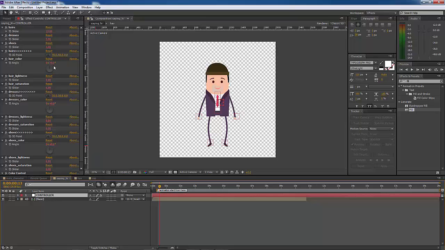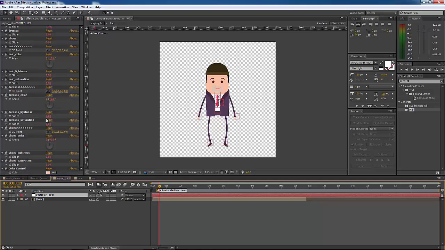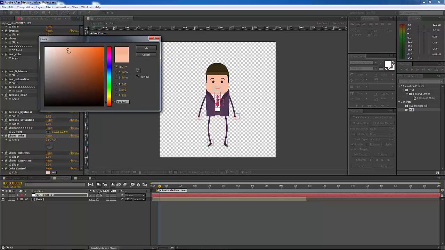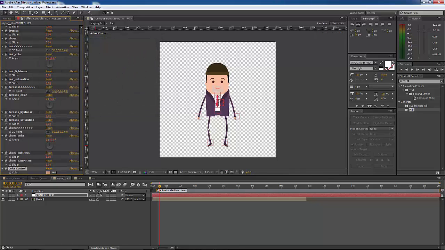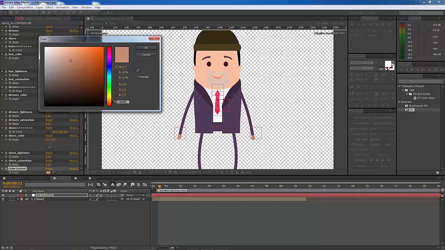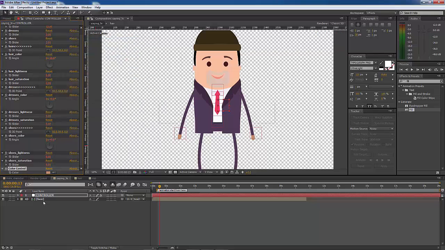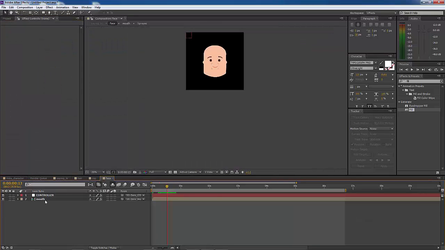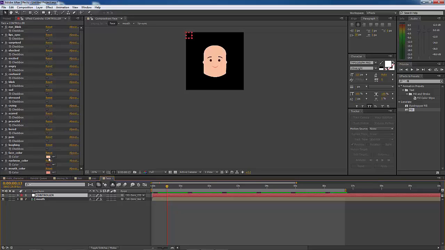Okay, so these are controllers for the rest of the things like the dress color and the shoe color, and also you can change the skin tone. If you look here in this composition, it only changes the hand color. For the head color, you can go inside the head precomposition, sorry, the face precomposition, and I just paste those color